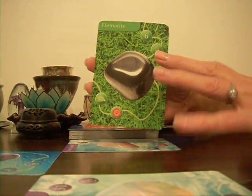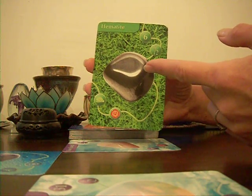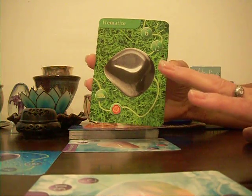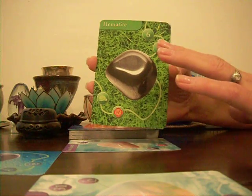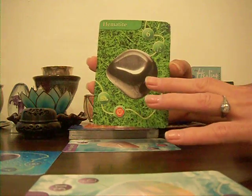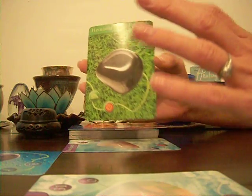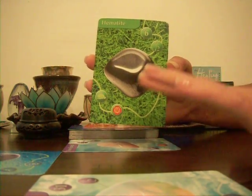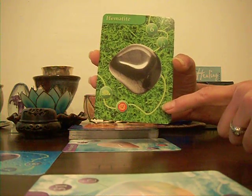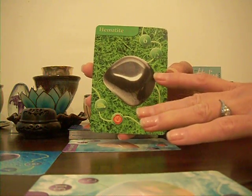quality or shine or glimmer to it. It's not a glamorous thing, it's just a very balanced, grounded, clean, organized quality. There's quality to your life, not necessarily quantity, but everything is in its place. A place for everything and everything in its place, something like that, that's what this card represents. And so this is a very grounding, soothing, calming kind of card because of that, and it's very Capricorn-y too,